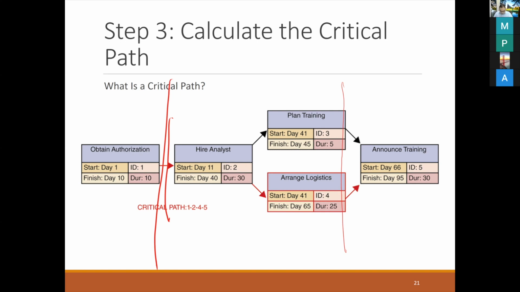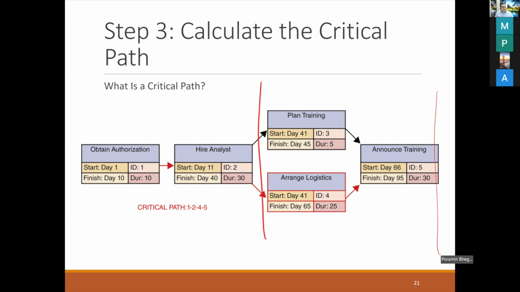Last task. Okay, if we're talking about task number 5, let's have a look. I just cut them like this. Task number 5 has two predecessor tasks. This is what we call multiple predecessor tasks. Before we can do task number 5, we have to do task 3 and task 4 first. Okay, so these are predecessor and successor tasks. Now in this slide I want to talk about what we call